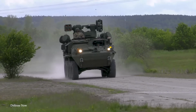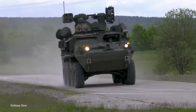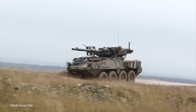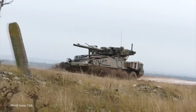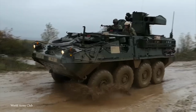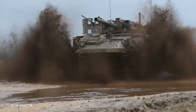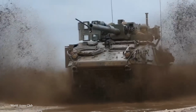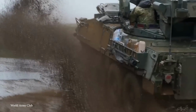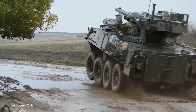Whether engaging infantry, light armored vehicles, or tanks, the Stryker stands as a versatile and lethal asset on the modern battlefield. There's the infantry carrier vehicle, the mobile gun system, the reconnaissance vehicle, and the medical evacuation vehicle, just to name a few. A noteworthy aspect of the Stryker's evolution is its integration into the SHORAD program, enhancing air defense capability. This involves equipping the vehicle with advanced air defense systems to counter unmanned aerial systems and low-flying aircraft, contributing to another layered defense. These advancements ensure that the Stryker remains at the forefront of military innovation, adapting to the evolving nature of